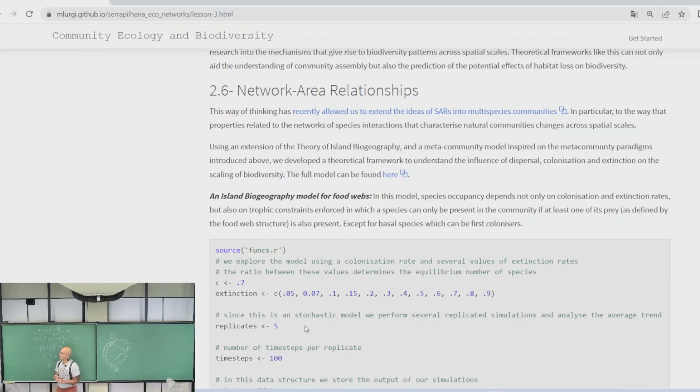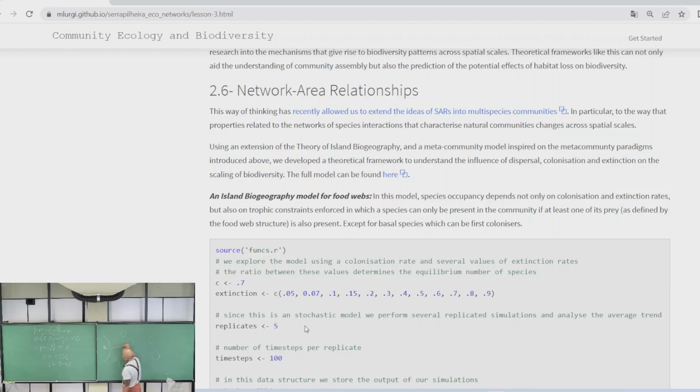So what I'm going to do now is to try to go into the full details of the models via the code, and then we are going to look at the outcome of these things, right? But yeah, just feel free to play around with the code and see what we come up with. So in the first model, which is basically an extension of the theory of island biogeography, the idea is that we are going to have the same situation we had before for the island biogeography theory, in which we have a pool, and then we imagine that we have a bunch of islands,